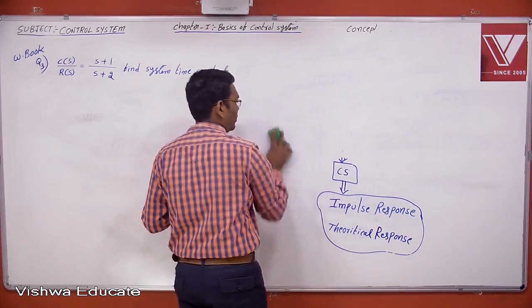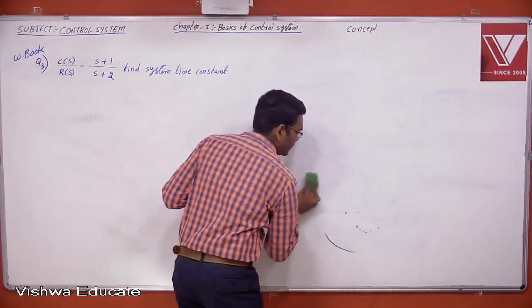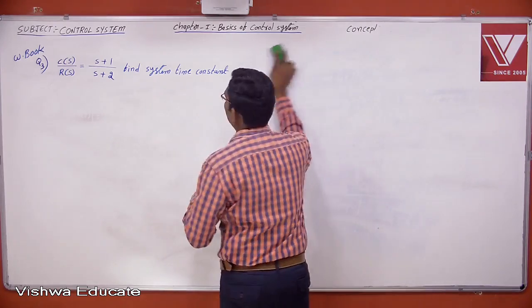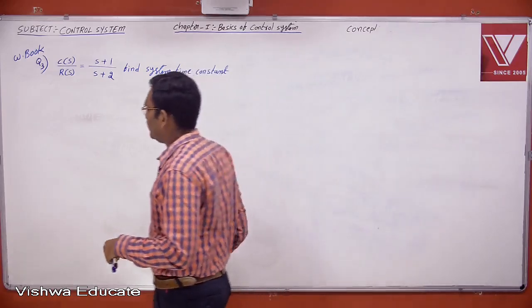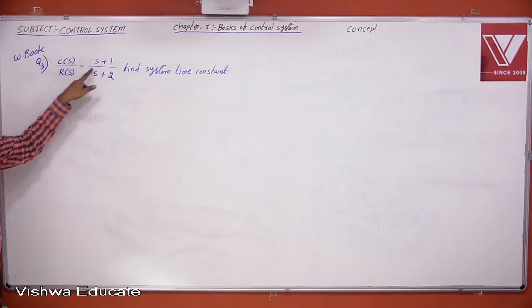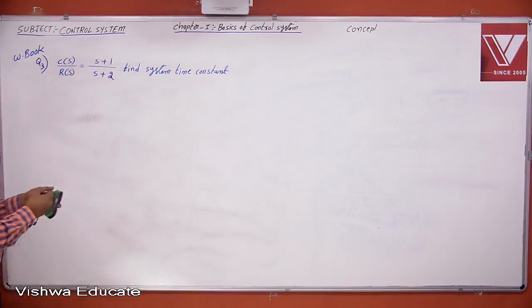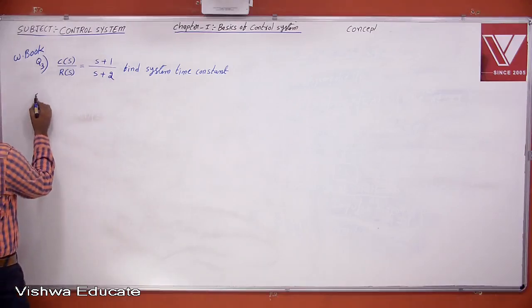Then just think about how to find that system time constant. What are the parameters considered for finding the system time constant? Then how to find the answer? This is question number 3. By considering the closed loop control system, find the system time constant tau. Now the solution for this is,